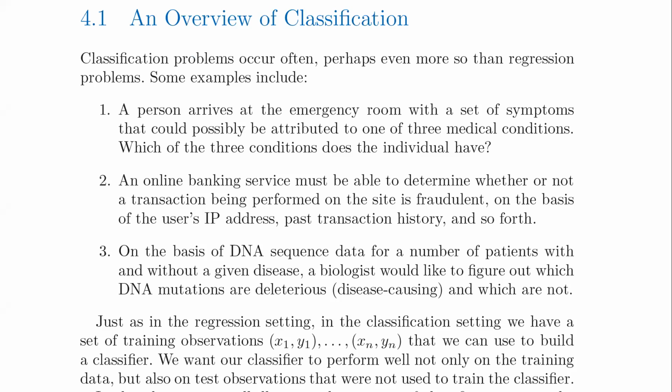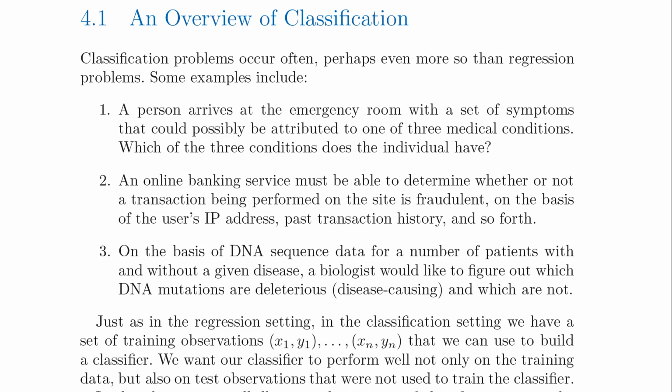where your data is patients, persons arriving at an emergency room, the predictor variables, so x1 to xp for each of those observations, is a set of symptoms for each patient, and on the strength of that data, you're going to try and classify each individual under one of 3 medical conditions. Let's say you've ruled everything else out and you're down to 3 of them. Just to keep things simple,